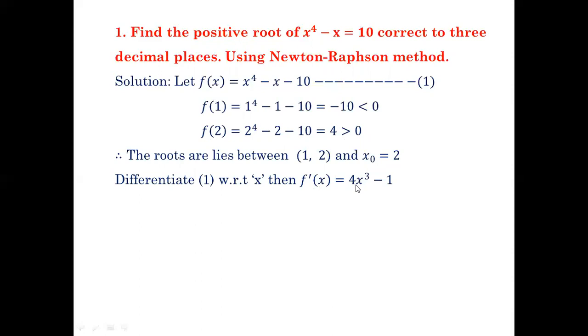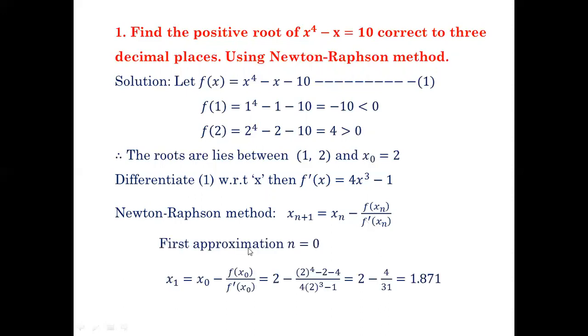Therefore, f dash of x is equal to 4x cube minus 1. The Newton-Raphson formula is x(n+1) = xn minus f(xn) by f dash(xn). For the first approximation, n equals 0, so x naught is equal to 2. Therefore, x1 is equal to x naught minus f of x naught by f dash of x naught, which is equal to 2 minus f of 2,